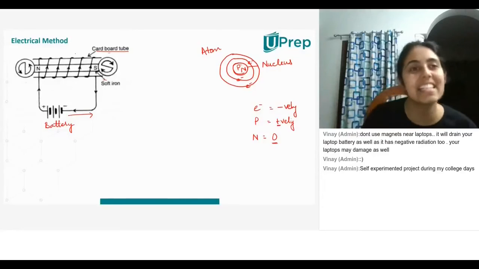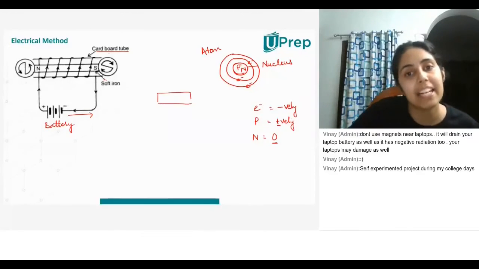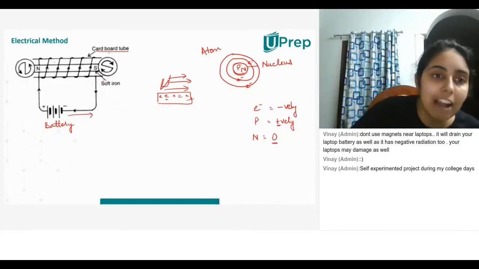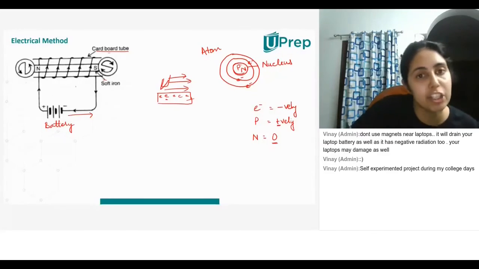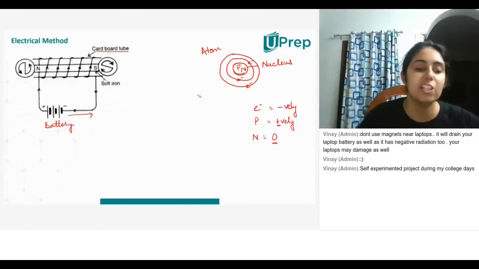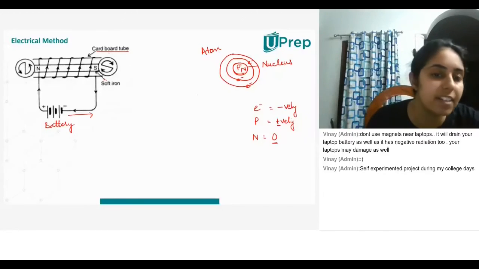Okay. Exactly. Yes, it's kind of like the single touch method, where if I have a piece of iron and I take a magnet and I rub it several times in one particular direction, what happens? All the electrons start spinning in one direction and this piece becomes magnetized. Similarly, if I have current flowing in one particular direction, then this piece of iron will also become magnetized. Except we are not touching the piece of iron, we are just using electricity to do it. Does that make sense? Yes, ma'am.